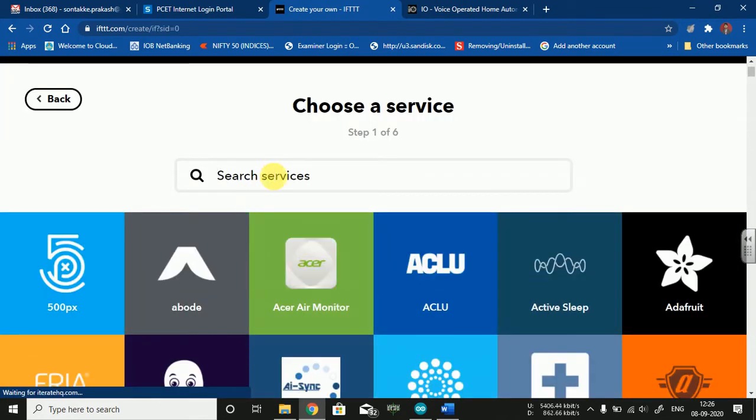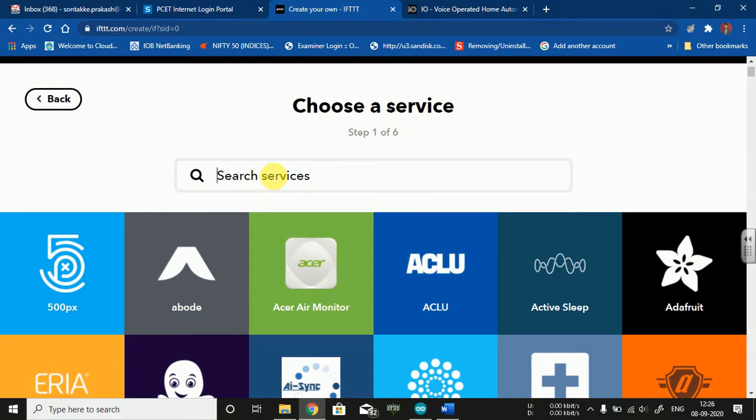Now you need to select what your input will be, on which you are providing your voice command, because your practical is associated with voice operated home appliances, isn't it? So your input is nothing but your Google Assistant.